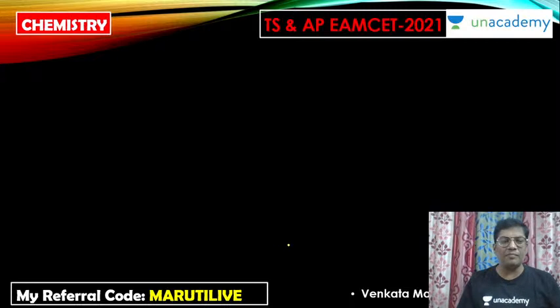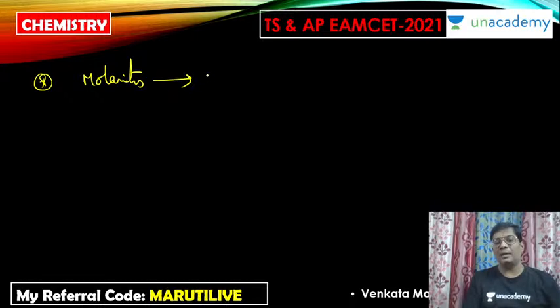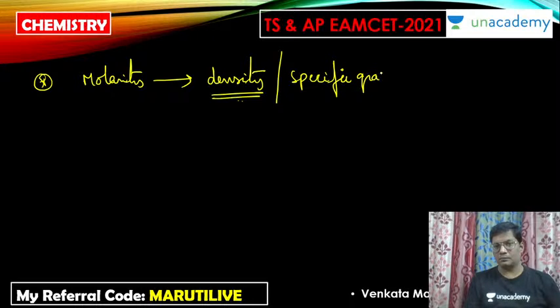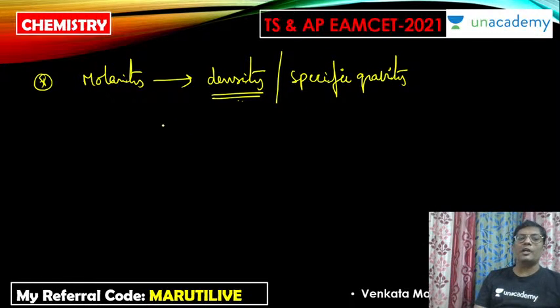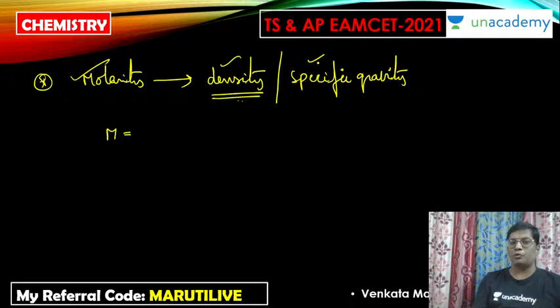Okay, and in the same way, suppose you want to calculate the molarity once you have the density or specific gravity of a given solution, then how can you calculate the molarity? So I am giving one formula to calculate the molarity if you know these two parameters. M is equal to 10 into